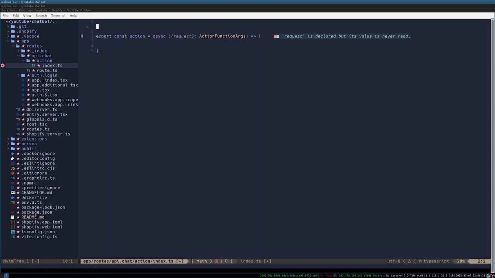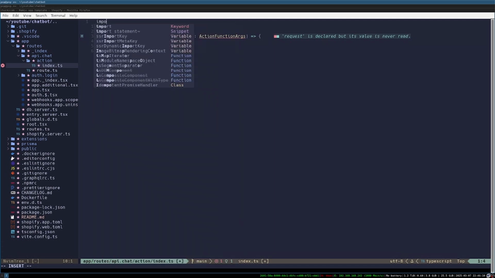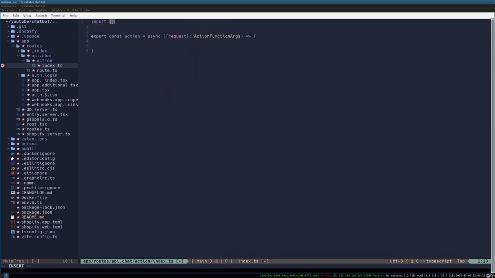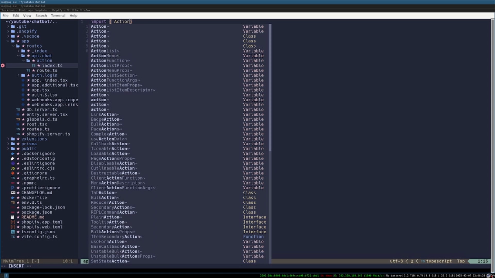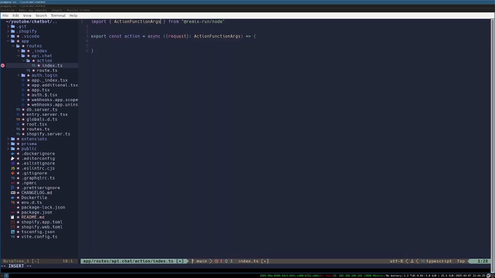And so now I have to import that. I'm pretty sure it comes from Remix Node. So let's just type this action function args. It's this one right here. There you go. So I knew it. It was Remix Node. So now we're gonna need JSON for now, but I think this is good for now